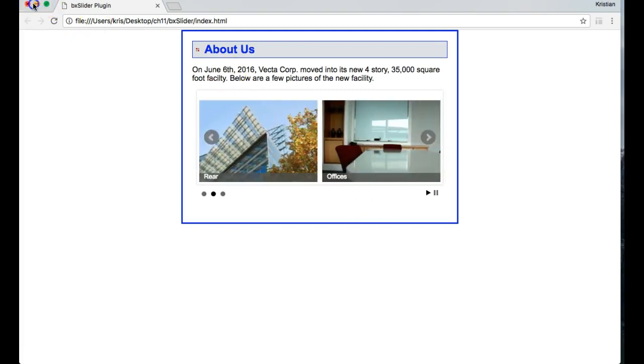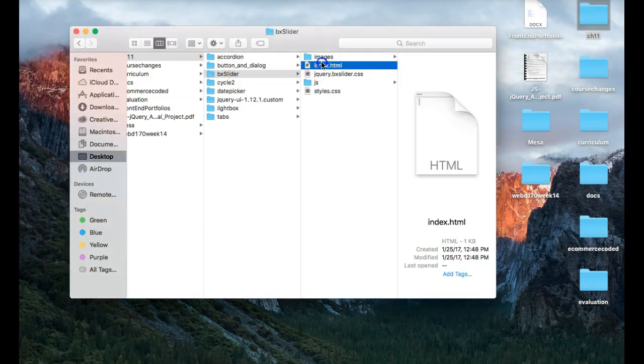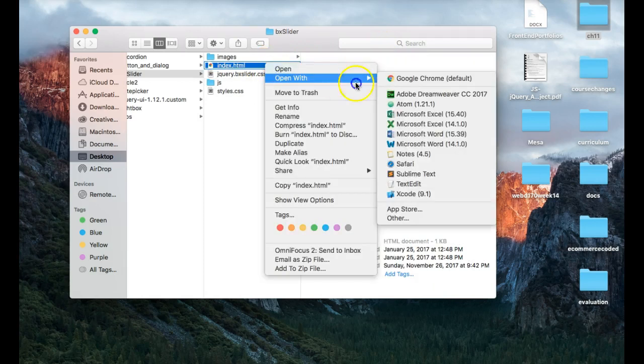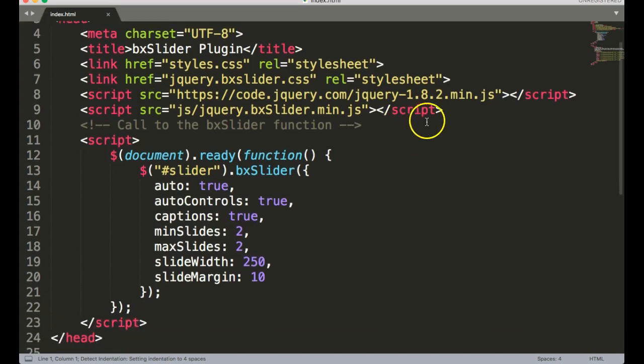So let's take a look at this function. I'm going to go ahead and open up the JS folder here. This is the minified file for the box slider, so we won't get much benefit out of looking at that. That's just the engine that runs it. But what you should know with these more advanced queries or more advanced plugins is that the script source tag will come at the end of all of the